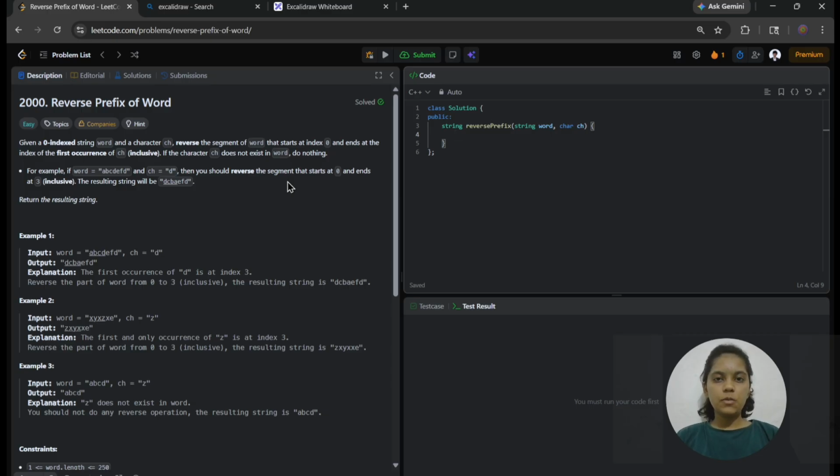In this problem I am given a string word and a character ch, and I have to check whether the character is present in the string.